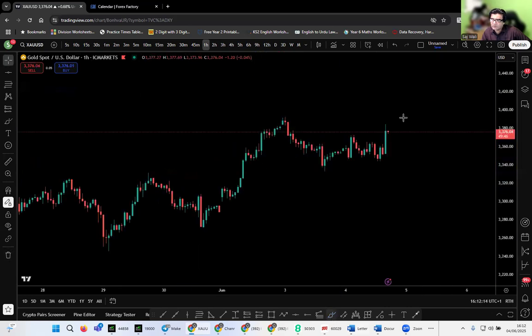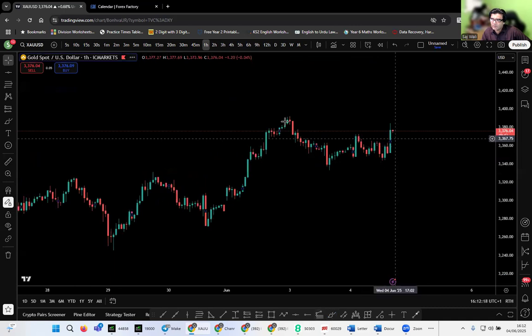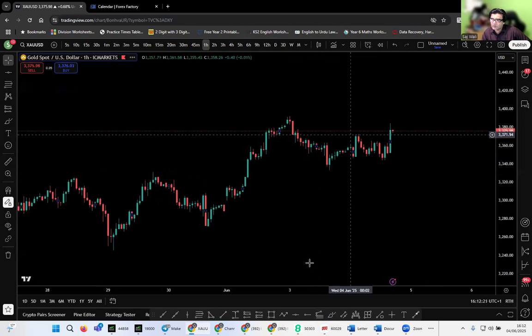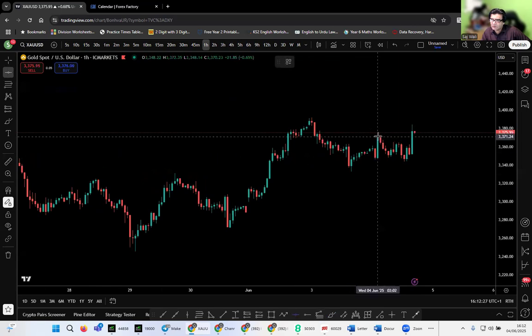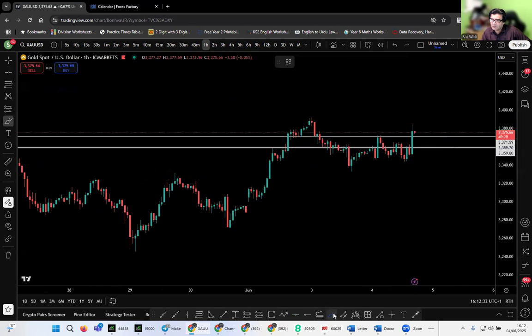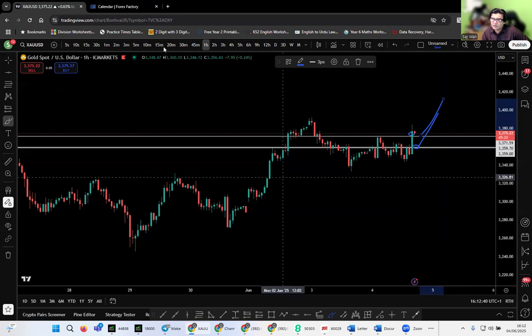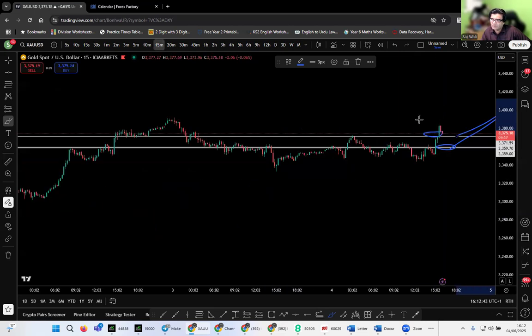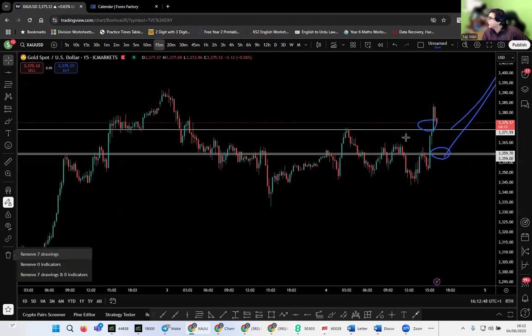So this is a break of structure. And then we have an order block here. So we expect the market to bounce from here, even, and from here to the upside. So these are the two opportunities. However, in a smaller time frame, we had a sell. I hope you took the sell from here because